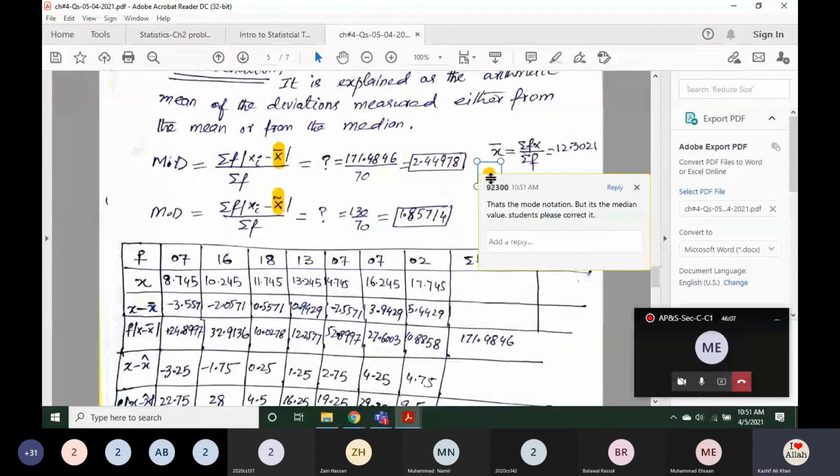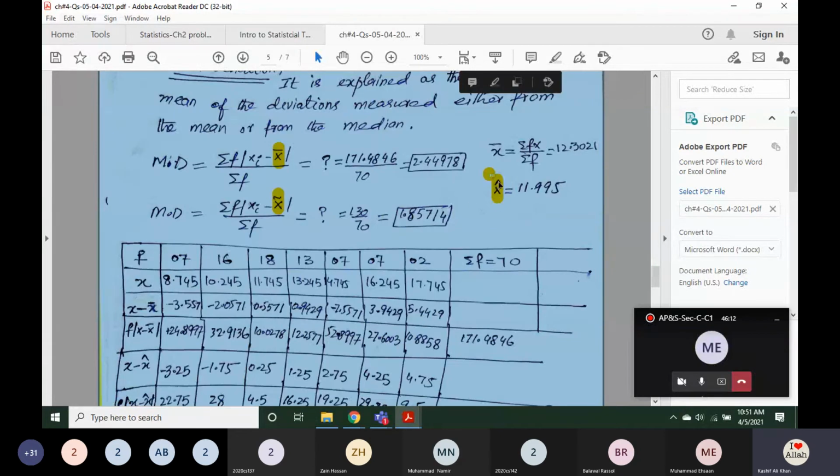ठीक है जी, मैंने कुछ इंस्ट्रक्शंस लिख दी, आप पढ़ लीजिएगा इसे. ये मैंने जो नोटेशन यूज़ की, ये मॉड की नोटेशन है, जो हैट नोटेशन है. बेसिकली मीडियन नोटेशन इज एक्स टिडल, यहाँ पे एक्स टिडल आना चाहिए. एक्स टिडल इज 11.995. Okay, first I have calculated the deviation about the mean. So look at here, you see that there are some negative values, some positive values. Now next row is f multiplied by x minus x bar